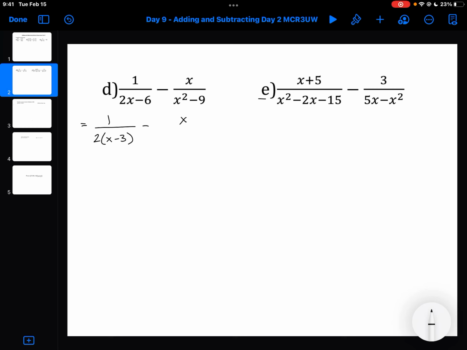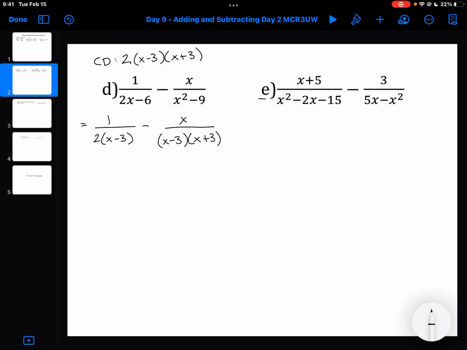In my second fraction, I've got a difference of squares on the bottom, so I can rewrite that as x over x minus 3, x plus 3. Looking for a common denominator, I'm going to essentially multiply those two together. So I'm missing a 2 for my right-hand side. The only other thing that I'm missing is an x plus 3, because both of those denominators already have an